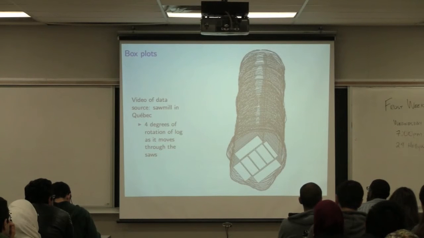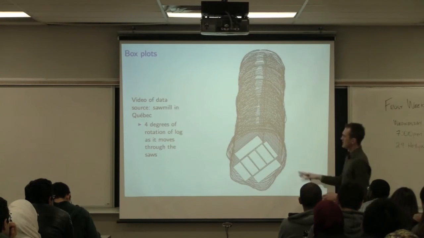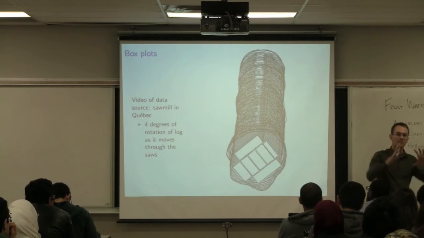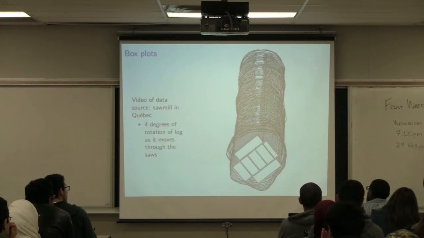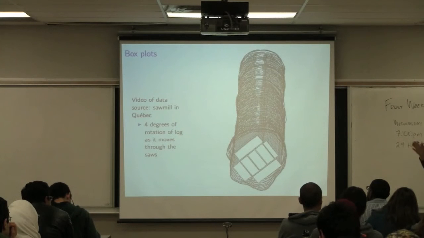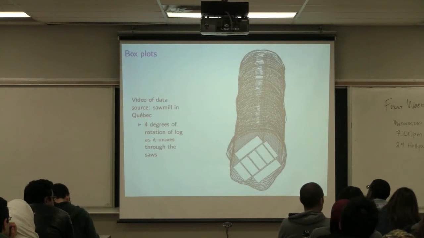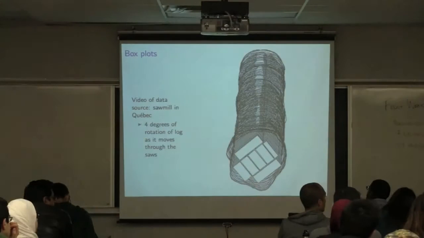So how many 2x4s, how many 2x6s, and what orientation. It will spin that log around, up and down, left and right, and forward and back, and even twist it through the saws. Some trees that grow on slopes will have a bend to them, so to counteract that, it will actually twist the tree through the saws to get the straight cut at the end. So what I thought to show is just some of that for you,